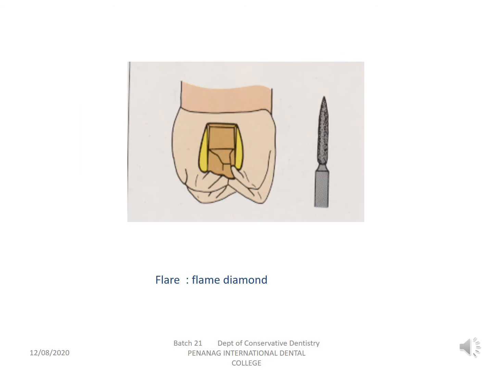Using a flame-shaped bur after the preparation of the proximal box, slowly extend the facial and lingual surfaces of the proximal box into the embrasure. This procedure provides an obtuse cavosurface margin on the proximal box, providing a strong enamel preventing it from fracture, as well as providing 30 to 40 degrees marginal metal which can be burnished, allowing for finishing and polishing of the restoration during the later stages.